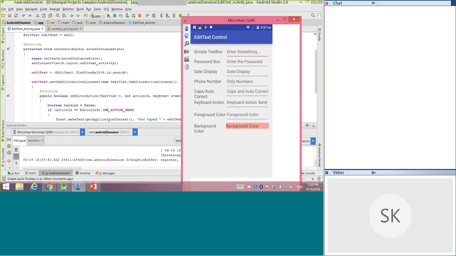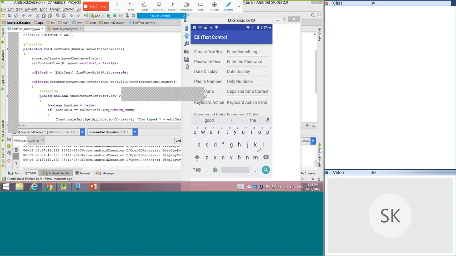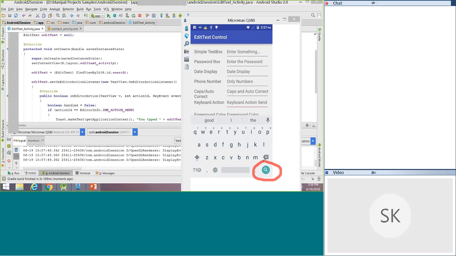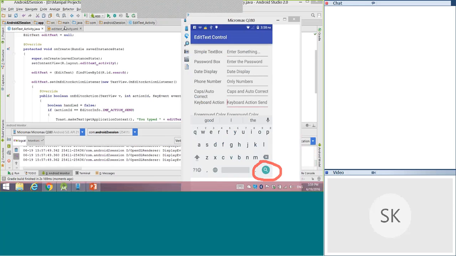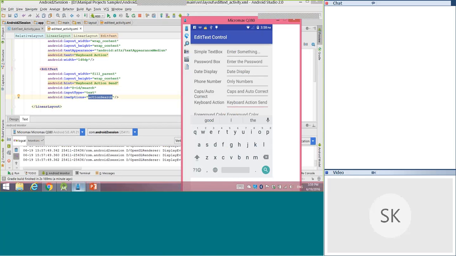So now if I place the cursor inside this text box, you can see earlier it was the action done button. Now you have the search button, right? Because I've set the IME options equals to action search. So that's the reason you are able to see this search button over here. Now, if I type something and click on the search button,